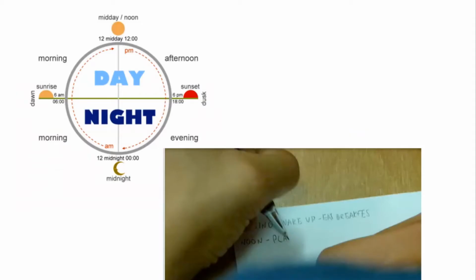After, the students had to name parts of the day in the correct order, so dawn, morning, midday, afternoon, dusk, evening, night, and midnight. On whiteboard, they had a picture projected. On the picture, they could see different parts of the day, so they could check if they put them in the correct order. When they wrote all parts of the day, they had to write some activities, so things that they usually do in each part of the day. For example, in the morning, I have breakfast.